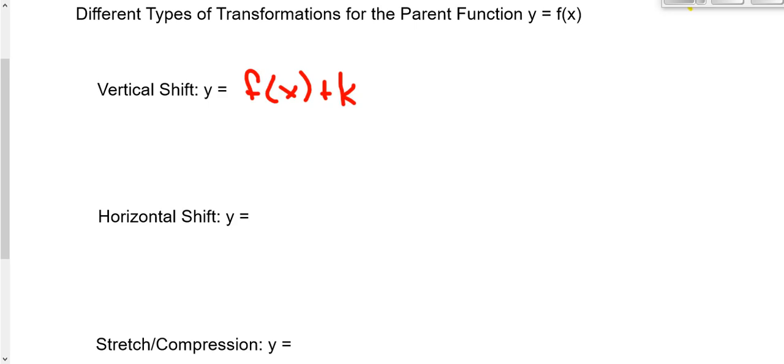And the way that I can remember that the general version is called the letter K is if I take a look at the word vertical itself, I'm going to misspell it so that we will remember that it's a K. So vertical, it's got that K sound in it. And that'll remind us that the letter K means up and down, okay? Vertical. The next kind of shift that we can have is called a horizontal shift,